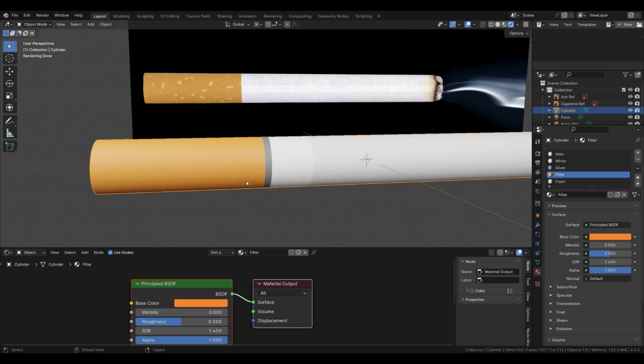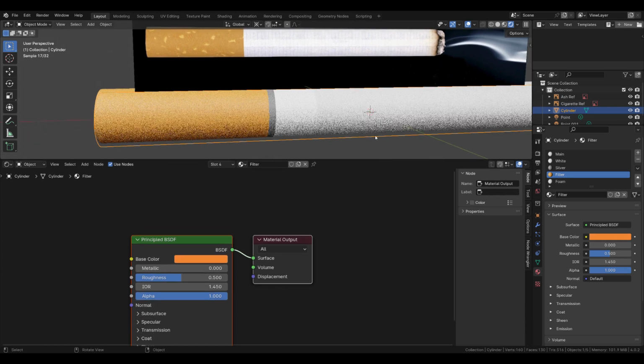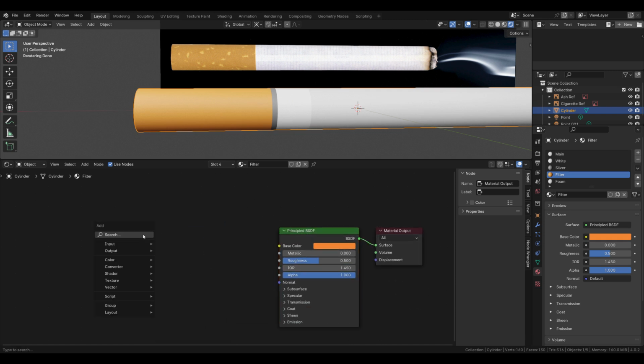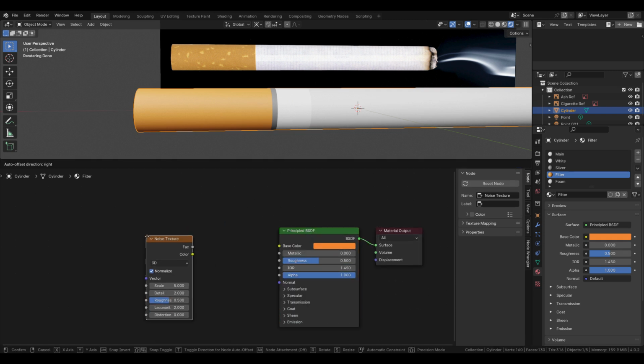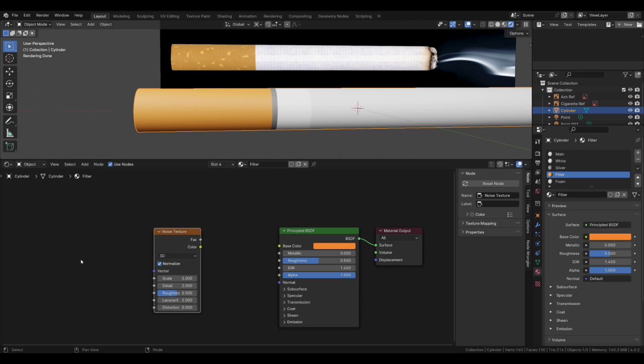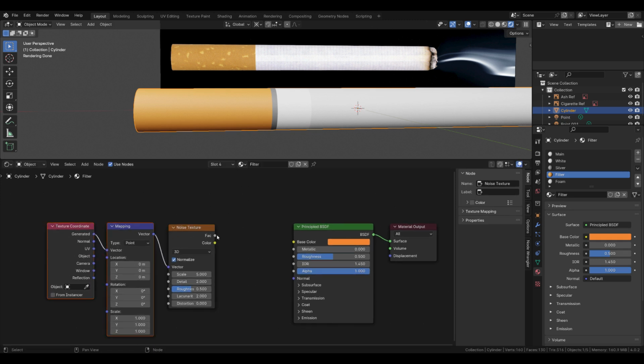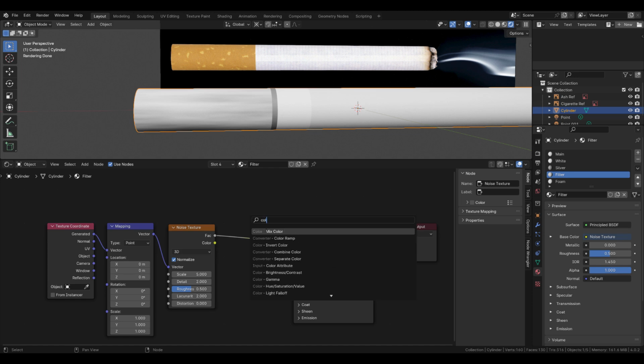Actually, we're going to start with the filter, so zooming in, I'm gonna add a noise texture, Shift A, noise. With the Node Wrangler add-on, we can press Ctrl T to add this over here, plug the factor to the base color, and I'm gonna add a color ramp in between,